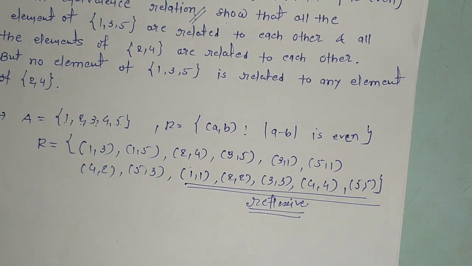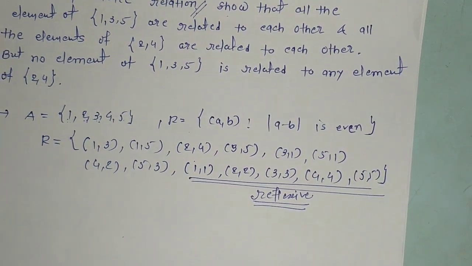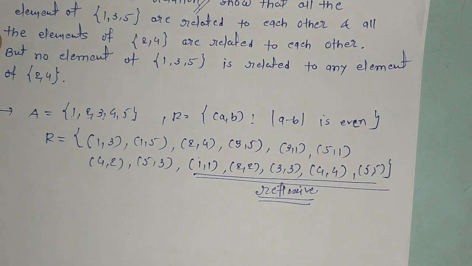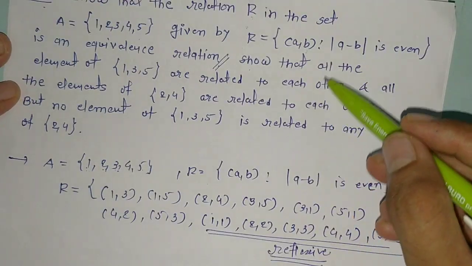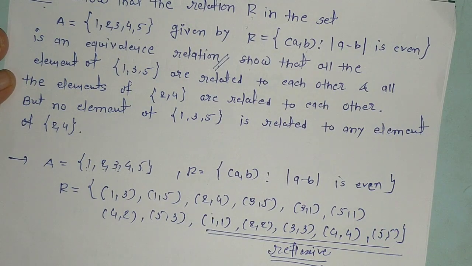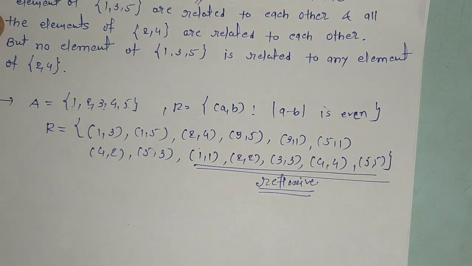I have shown you how to prove the relation is reflexive, symmetric and transitive. Take one example at a time and you can prove it. I'm just observing over here as we have to approach the next question also. So the relation is reflexive. Now the transitivity, sorry, not transitivity, let's go with the symmetry first.